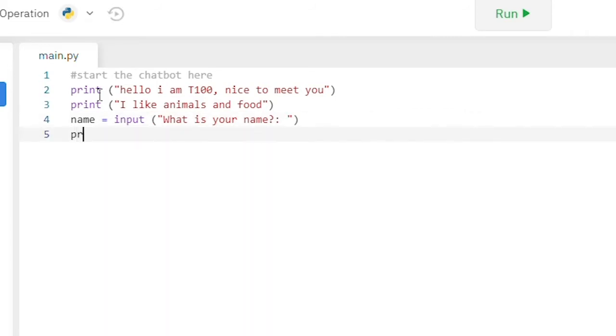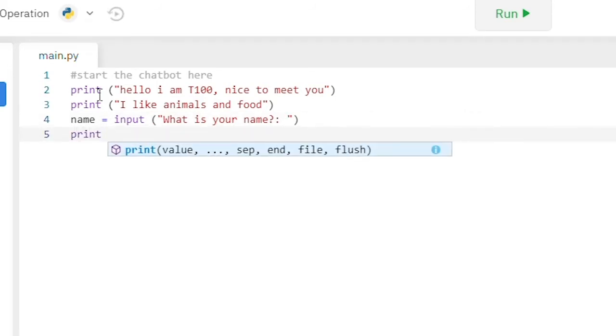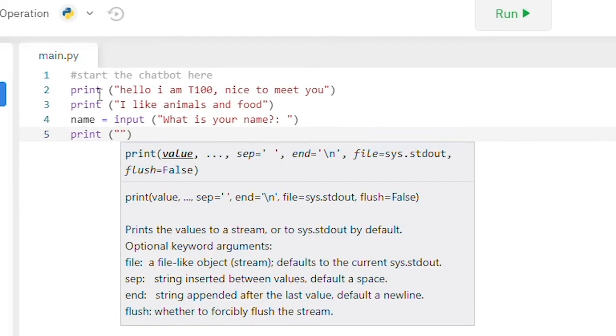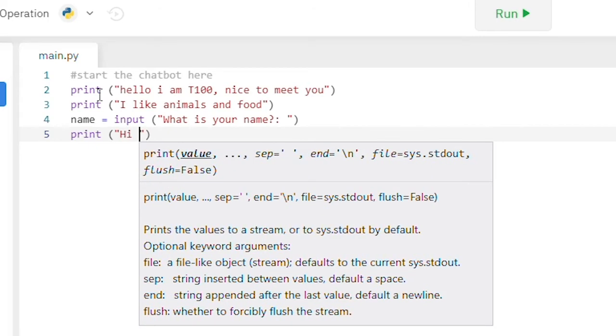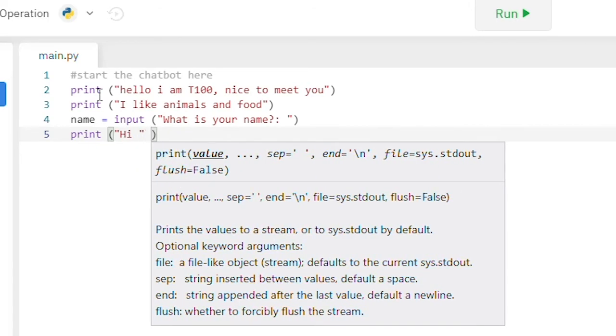And then underneath it, what we're going to do is put in another print statement. And this one is going to display the input that they put in for the question, what is your name? And to do that, you're going to start off the print statement like any other print statement with the simple print, parentheses, quotation marks. Now, to input the input that the user typed in, you're going to want to put